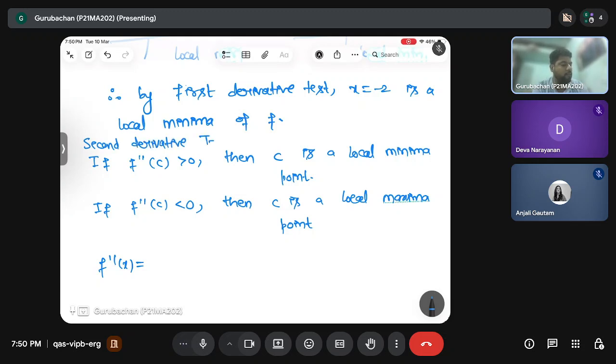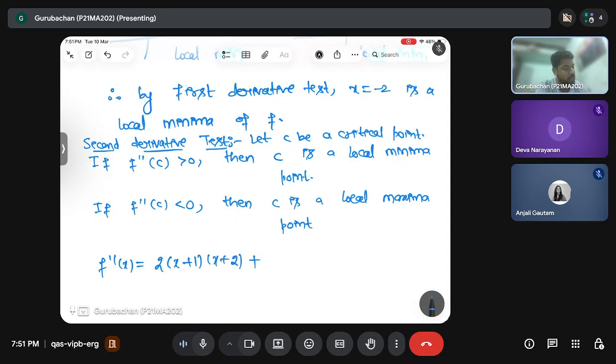Second derivative test. Let c be a critical point. So what will be the double derivative of this function? 2x plus 1, x plus 2, plus x plus 1